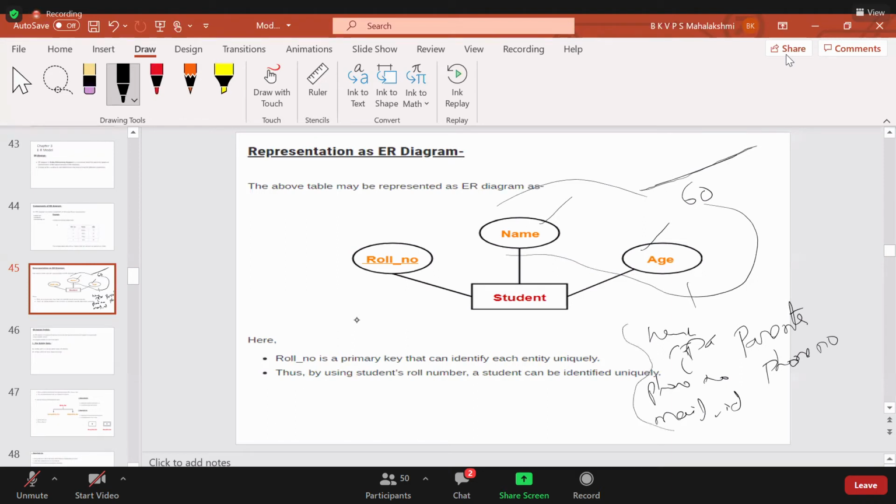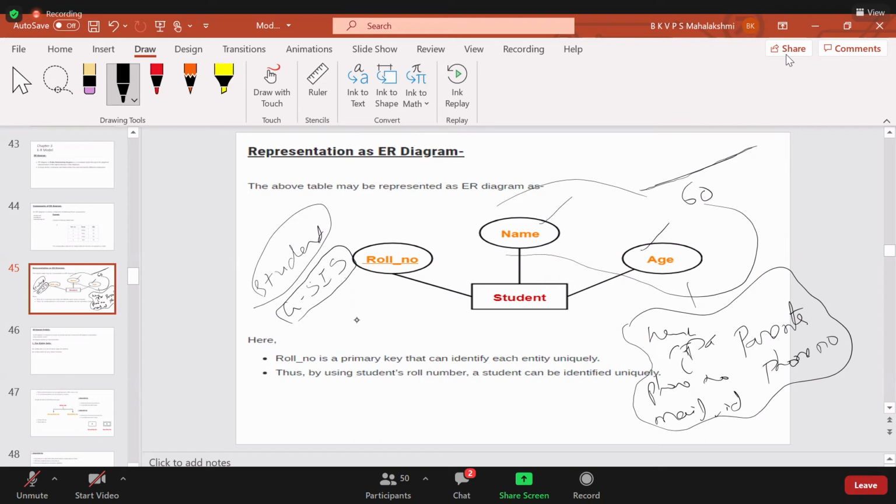If I want to know anybody's information in the GLearn portal, the university is already maintaining a database. In it one table exists, that is student. It is a real-time example: the university has a database, and in that database student is a table, nothing but the entity. This entity has all this information. If I enter the student number in GSIS, the student information system, I will get all the information, along with some textual information also.